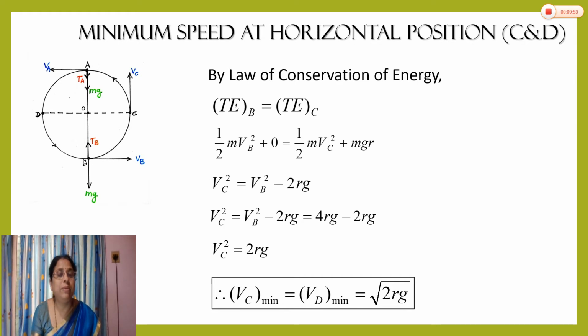Velocity at point B is under root 4 rg, and velocity at point C is under root 2 rg. We can say the total potential energy at point B is 0. Kinetic energy is equal to half m Vb square, and we can obtain that equation for kinetic energy also by putting the value of Vb. At every point you can obtain the kinetic energy and potential energy, and that is important for your objectives.